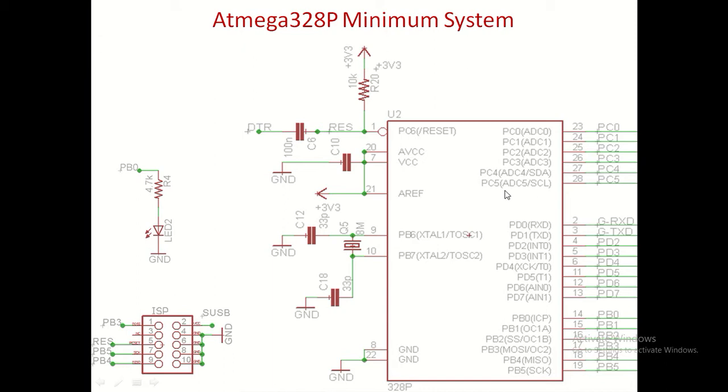But since finally you want to test whether it is working or not, it is always better to provide one LED with a resistor to limit the current, interface it to some microcontroller pin, and write a program to blink the LED. That proves that at least the controller works. That is called minimum system design.